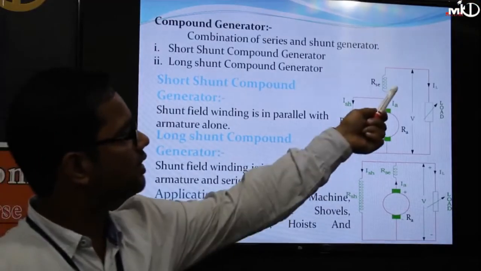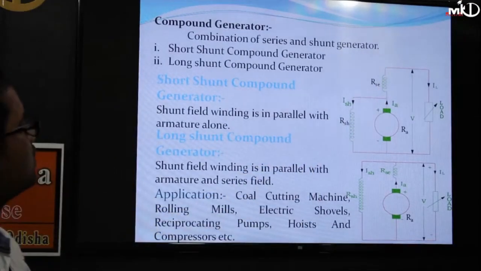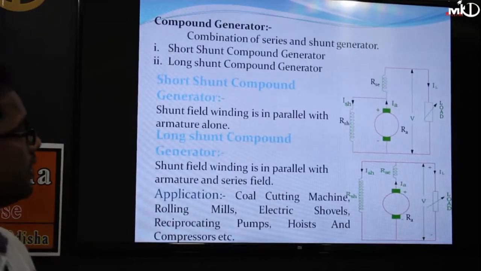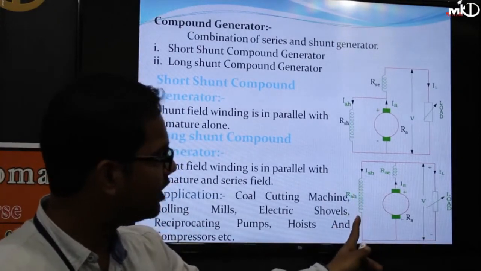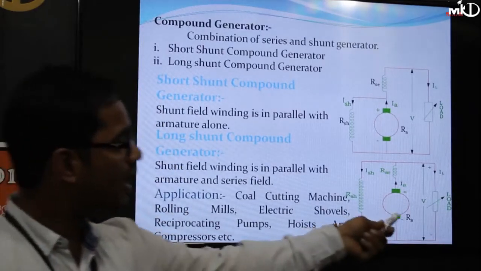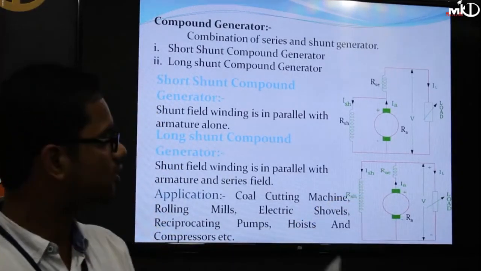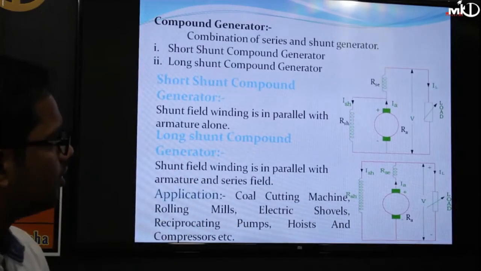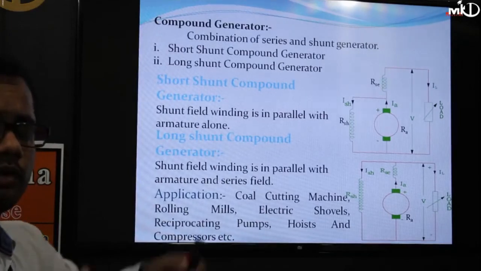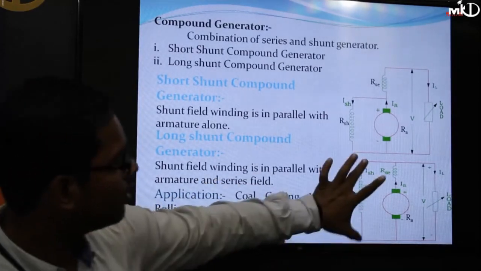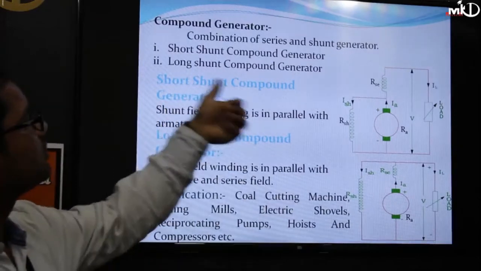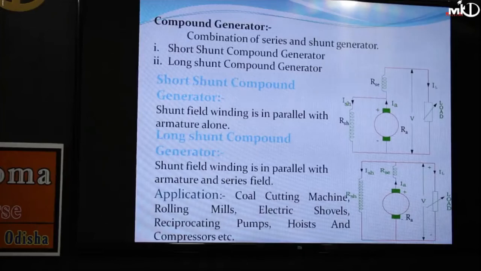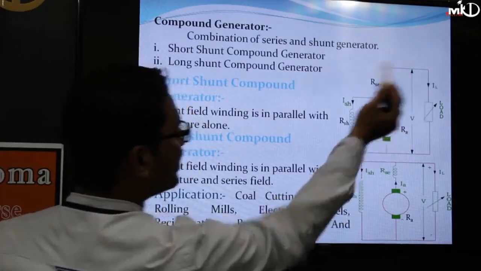So whenever the series and shunt are in this arrangement, this is called short shunt. Then whenever the shunt field is in parallel with your armature as well as the series field, then it's called long shunt. Simply you can remember from the diagram you are seeing, which one is the long, this is your long shunt, and this is called the short shunt compound generator. Simply remember. But what is the difference? Now the current here is getting divided here, but here